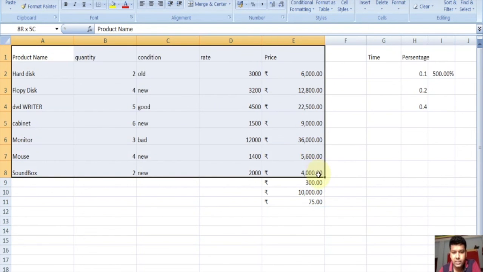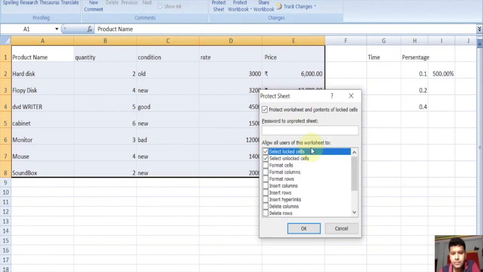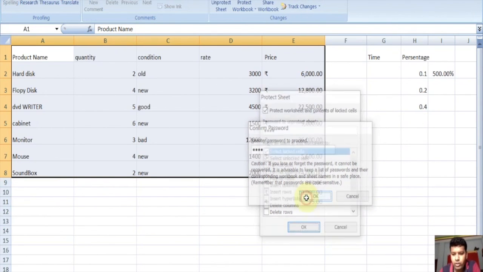We can select this and click on review, click on protect sheet, select lock cells, select unlock cells. Password to unprotect cell, suppose we can give it 1234, click on OK. 1234, click on OK.